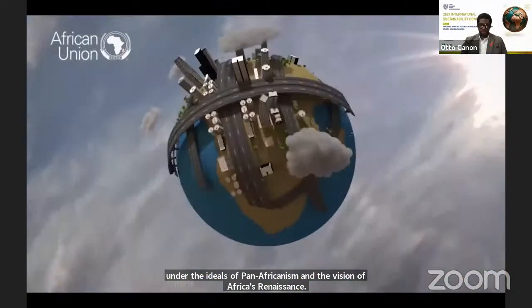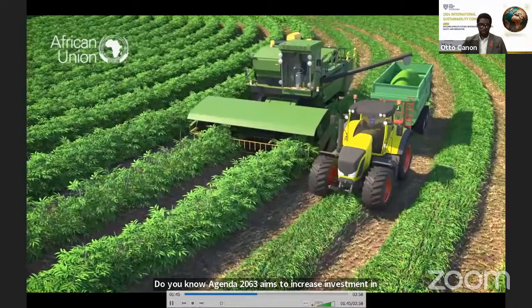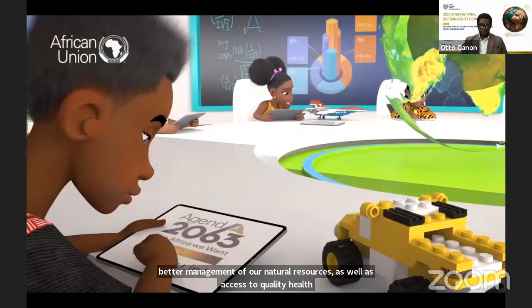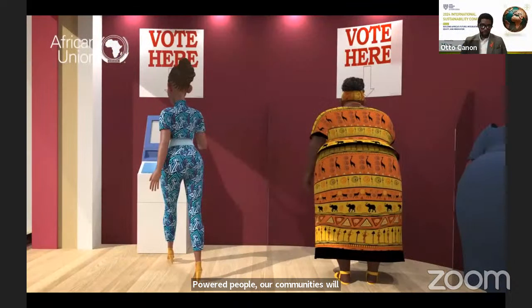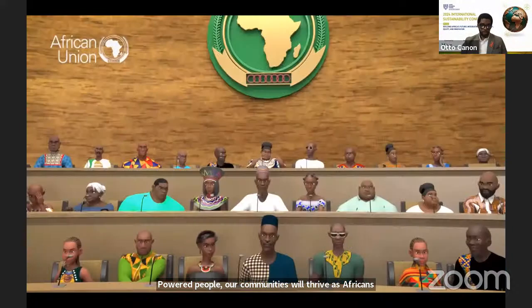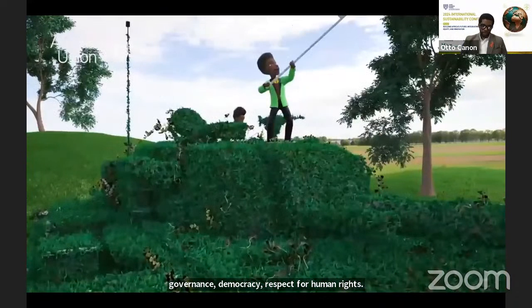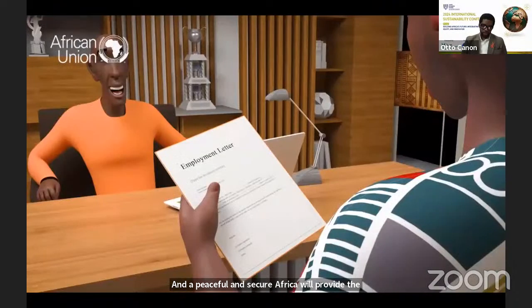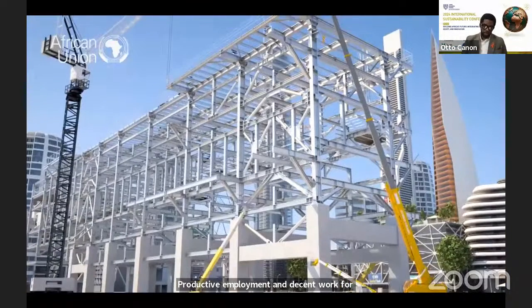Do you know Agenda 2063 aims to increase investment in key infrastructure, improved agricultural practices, and better management of our natural resources, as well as access to quality health and education to enable Africans to unlock their full potential? And with a well-educated society and empowered people, our communities will thrive as Africans actively participate in decision-making to promote good governance, democracy, respect for human rights, and the right to live in stable and peaceful societies. And a peaceful and secure Africa will provide the right environment we desire for growth and development, productive employment, and decent work for all. We can build more world-class infrastructure,